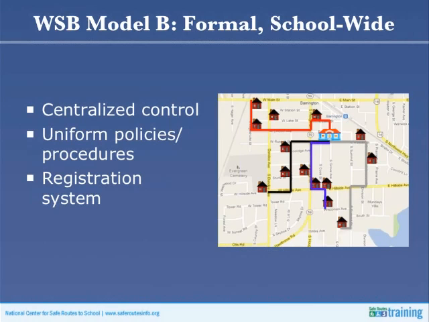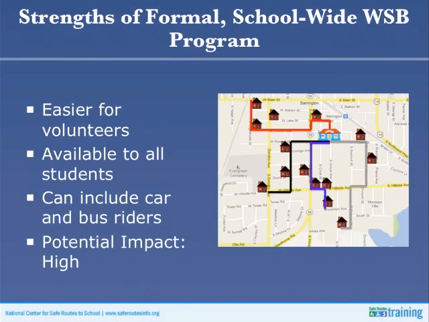Occasionally, an informal neighborhood walking school bus program will encourage another group of parents at the same time to start a similar program in their neighborhood. However, the number of parents that are willing and able to manage a daily program like this is limited, and so larger programs typically require more formal processes and a certain amount of funding to be successful and sustainable. We can define the formal program as one where the program has centralized control, a uniform set of policies and procedures for things like weather cancellation and volunteer recruitment, and a registration system for the children.